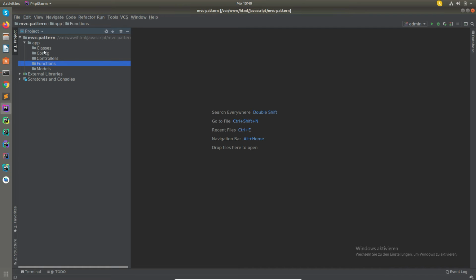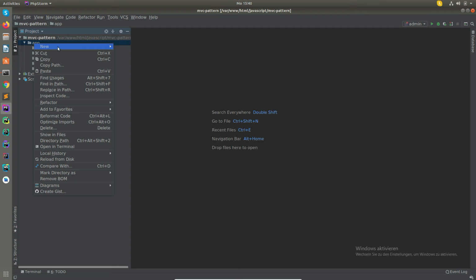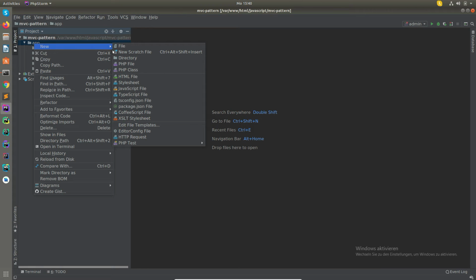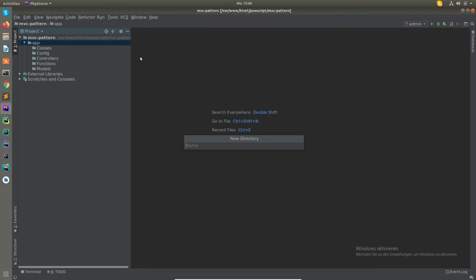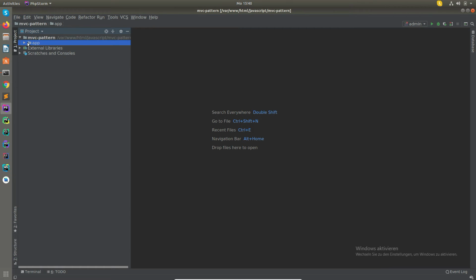Also create a router folder. This will be used to control the requests that come into the application. Good. We close the file and